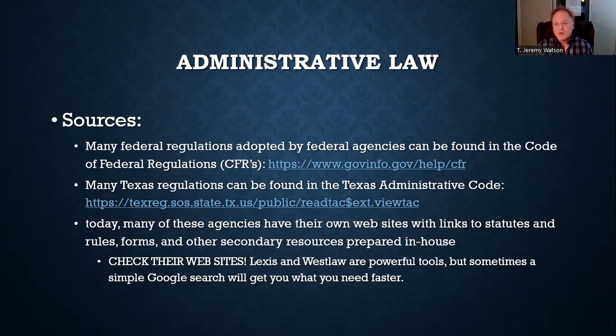Sometimes a simple Google search will get you what you need even faster. But as you can see, as you get farther and farther away, as you get less and less specific, you can imagine if I told you right now, okay, well, just go find a regulation on Google. You'd be like, oh my God, if I search something on Google, there's no telling what's going to turn up. I wouldn't even know how to narrow it down to where I was just getting the text of regulations. So if you know what you're looking for, great. Go to Google and look it up. If you need something more directed, look at the website for the CFRs, the Texas Administrative Code. Go to those individual agencies. That may be an easier way to get into it. Okay.